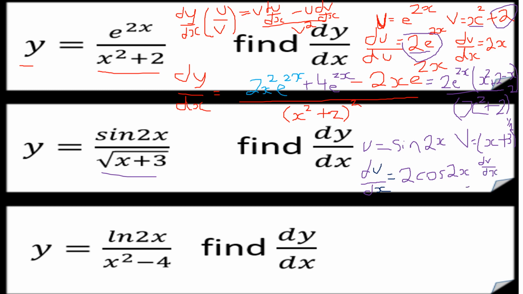dv by dx: the half comes down as a multiplier, half brackets x plus 3 to the power of minus a half, because the power reduces by 1, times the derivative of this, which is going to be 1, so it doesn't actually change my answer. Okay, so dy by dx, this one is a bit more fiddly, a bit more tricky. So it's v du dx, so it's going to be 2 cos 2x,